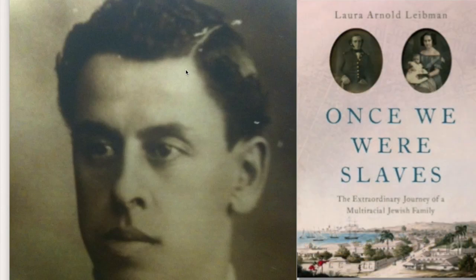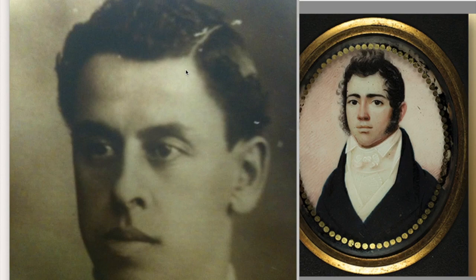Author of Once We Were Slaves, and I wanted to explain something about how to search for ancestors who may have been enslaved on the island of Barbados during the 19th century using some of the different databases that are available on Ancestry. And what I'm really going to get at is how to understand the information that you're seeing once you find a record, as well as how to actually track down some of the records, because it's a